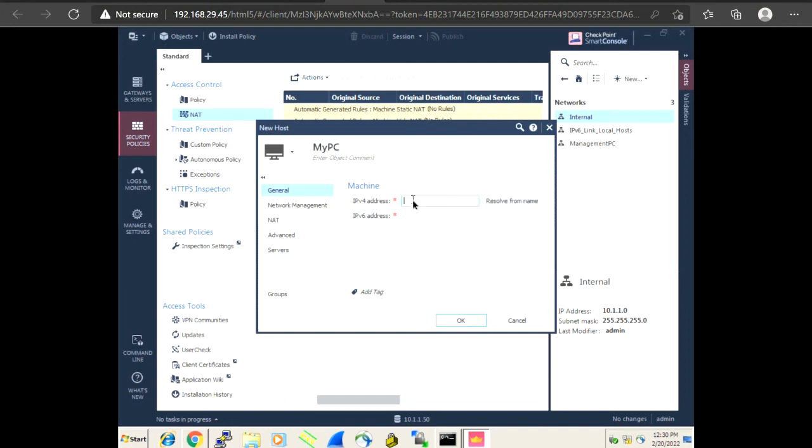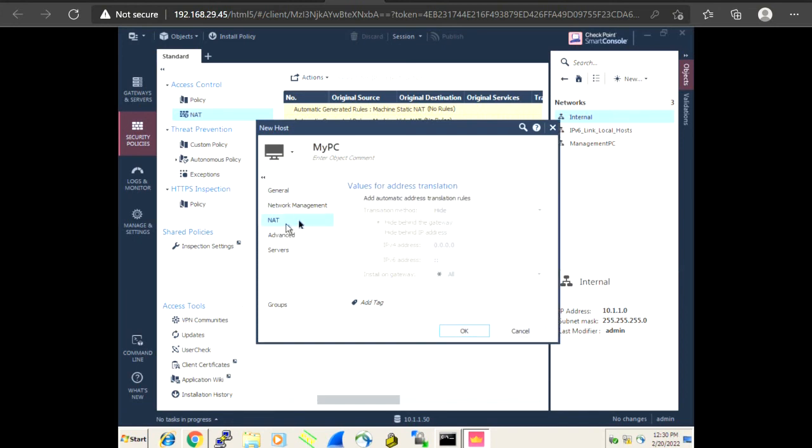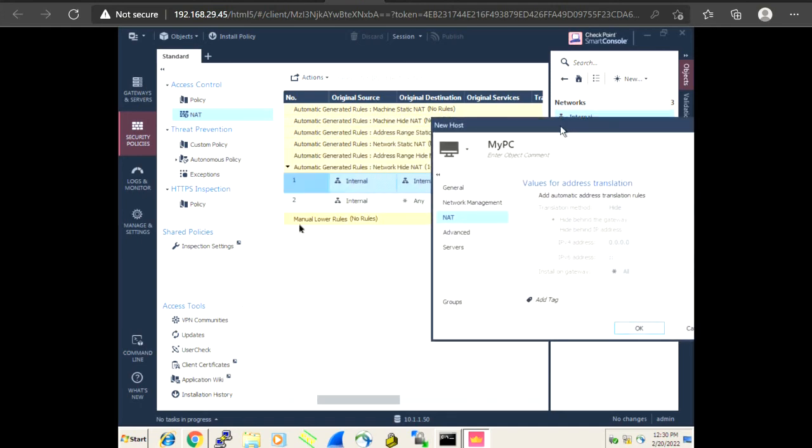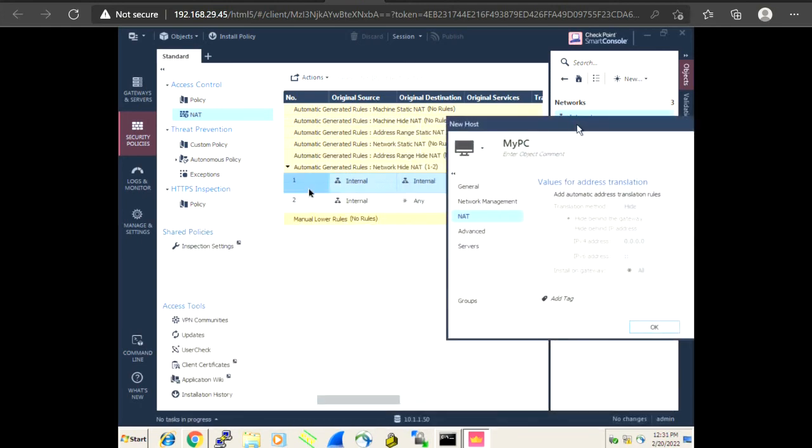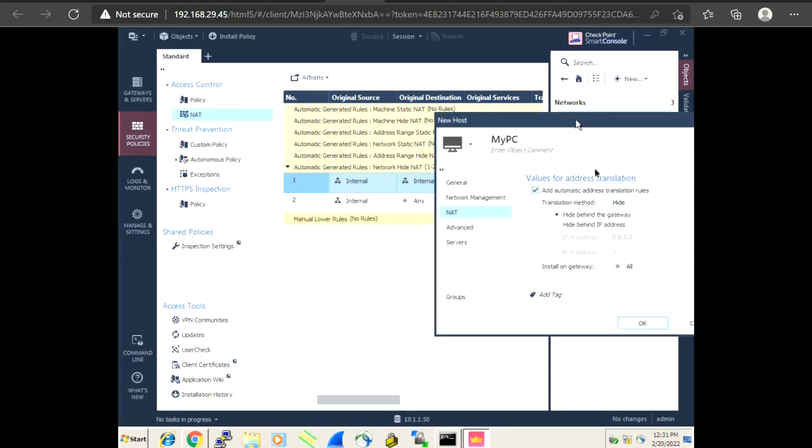And for that my PC, the IP address of that PC is, let us suppose, 10.1.1.60. Okay, so that is the IP address of that machine, and now I want to use the NAT for this one, so I will go for the option of NAT here. As I go into NAT here, just focus, there are only two rules, this one and two. If I click here, add automatic translation rule,